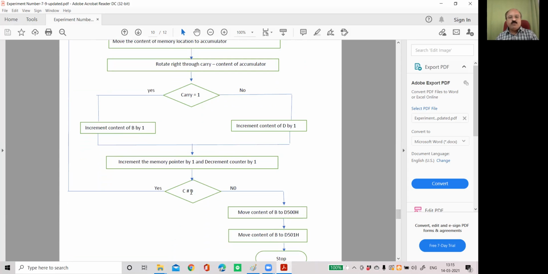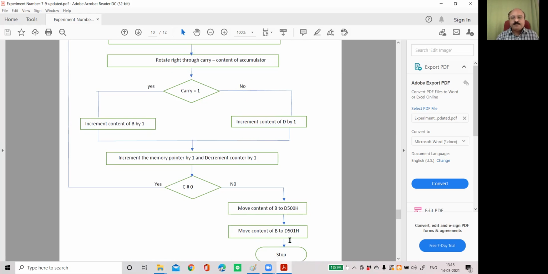If C is not equal to 0, repeat this process again till C becomes 0. Once C is 0, then move the content of B to accumulator first and then to D500H. So this will give you the count of odd. Then move the content of D to D501H, so that you will get both the count of odd and even.